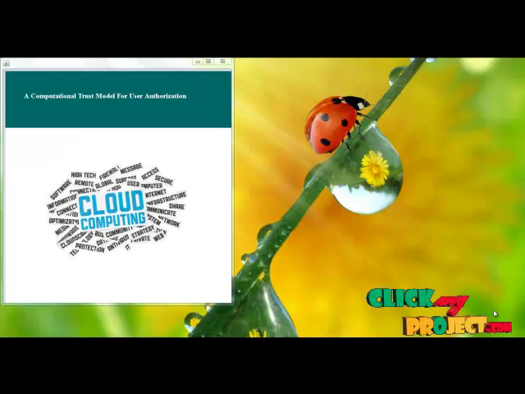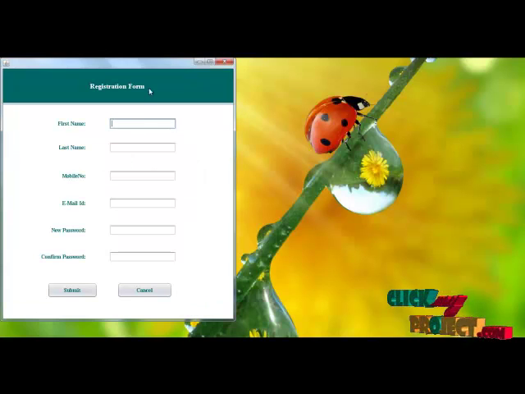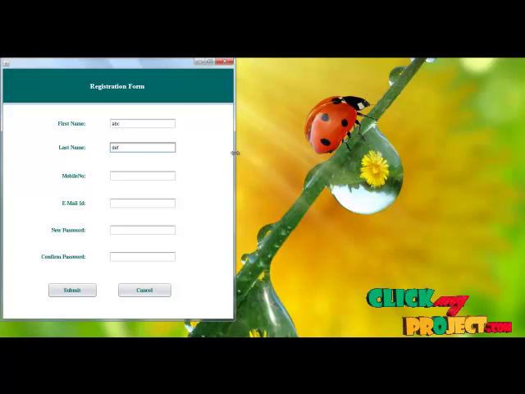Readme. The project title is a computational trust model for user authorization. Just click the image and register. First register the user first name and the mobile number, and enter the email ID.